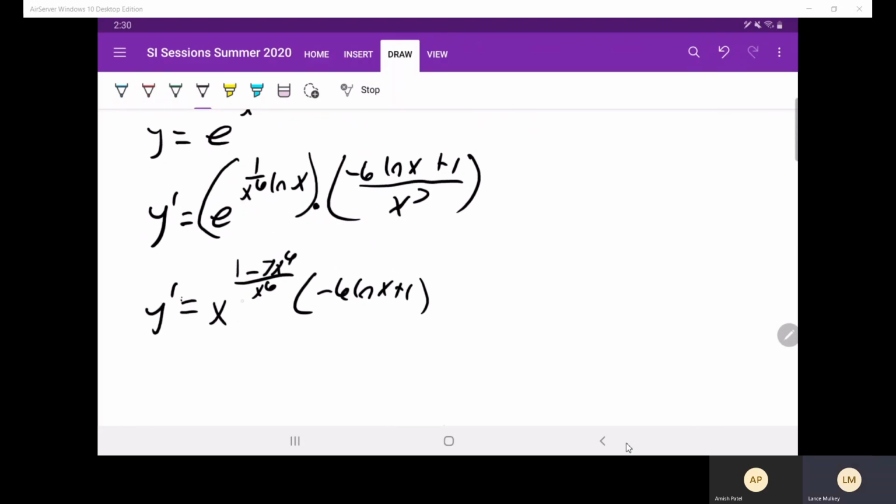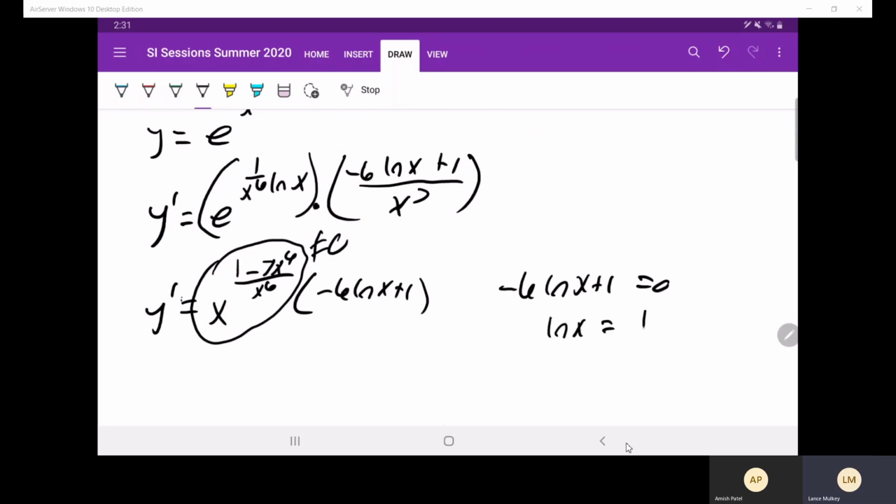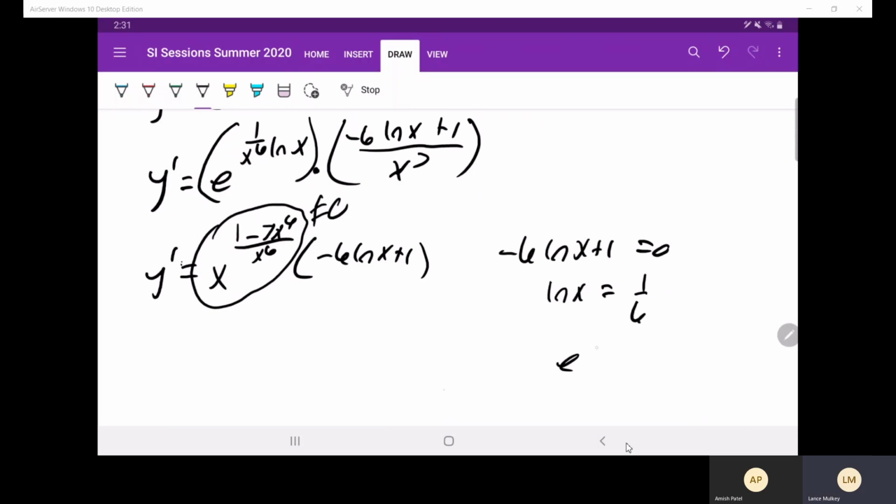We're going to assume that this term is always greater than 0. Although it's not really, the denominator is always positive. But if that turns to 0, then this turns to 1. So that whole term never equals 0. We'll do that. So now we have -6 natural log of x plus 1 equals 0. So natural log of x equals 1 over 6, e to the